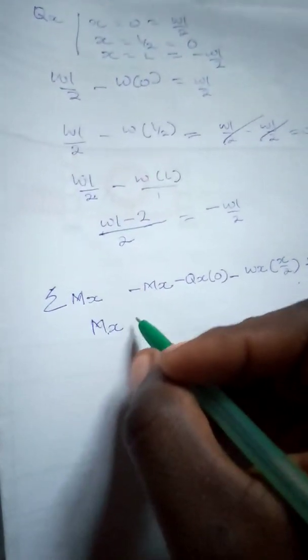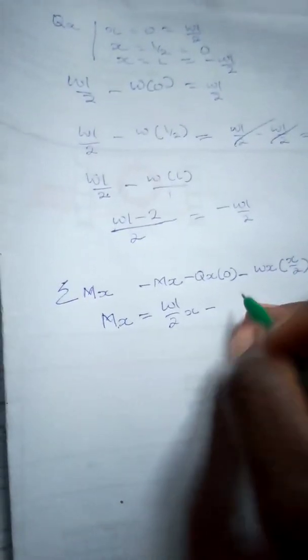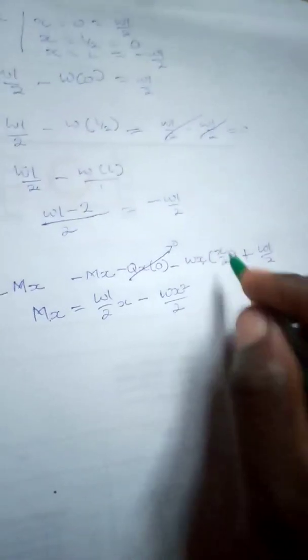Okay, here we're going to have MX equal to WL all over 2 times the perpendicular distance, minus, this would definitely go, minus WX square all over 2. If you multiply this by this,